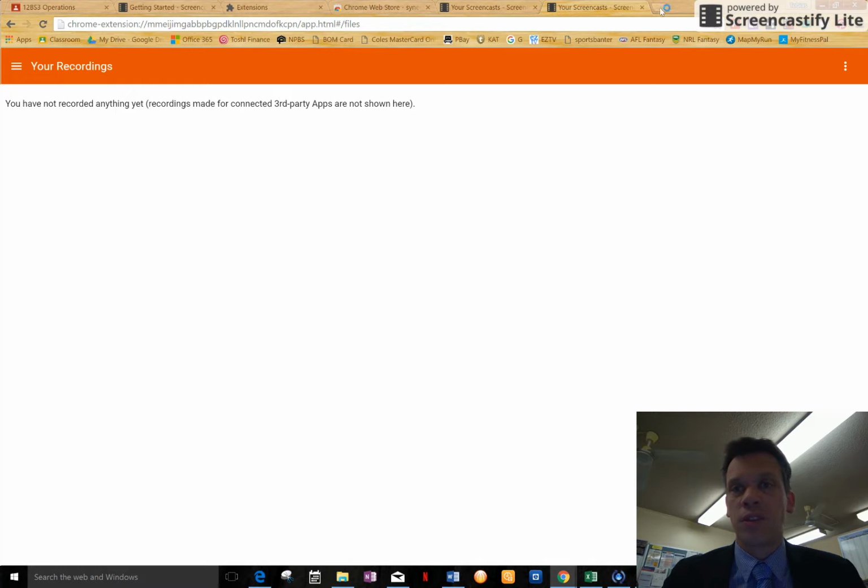One of the great features of Google Chrome as the web browser, which is what I'm on at the moment, is the idea of extensions. Now, as you can see in the top right-hand corner of my screen, I have a fair amount of extensions up here, which I use regularly. I use Flipboard, OneNote, ActiveCast if I want to send it to the board. Also, what I'm using right now at the moment, which is called Screencastify, a really great way of flipping your